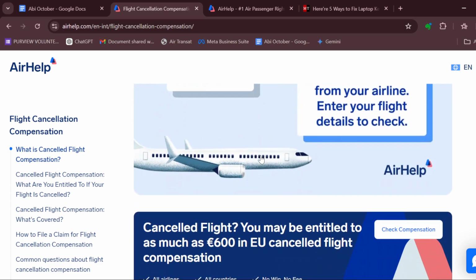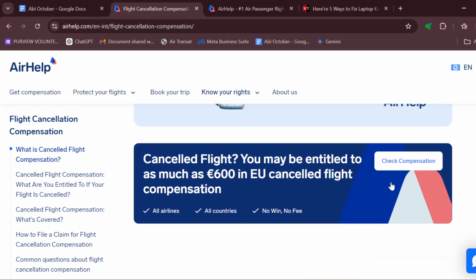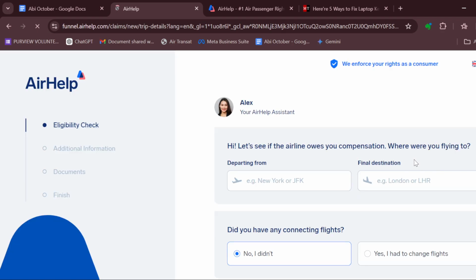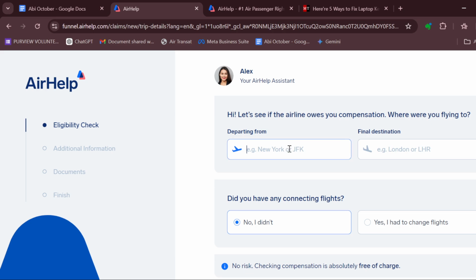So ensure you read through to understand, and then once you're satisfied, move to the right side of the box here that says check compensation and click on that. Then after clicking on the check compensation page, you'll be redirected to the page where you can check if you're eligible or not. Then to do that, enter in your departure airport here, then your final destination, then select